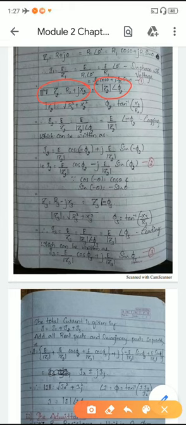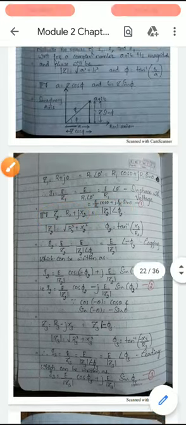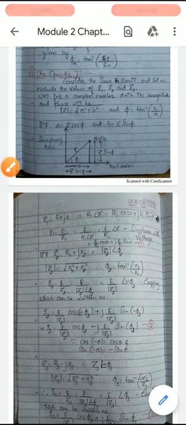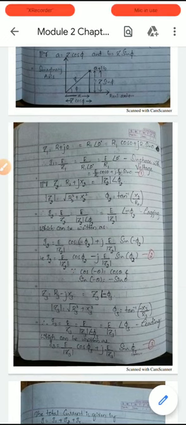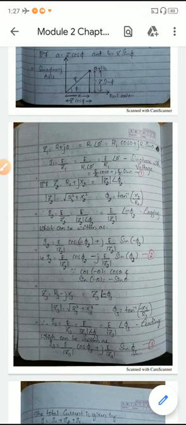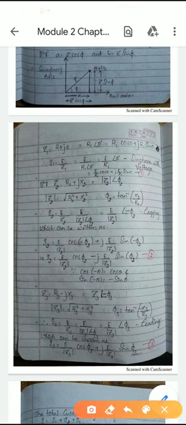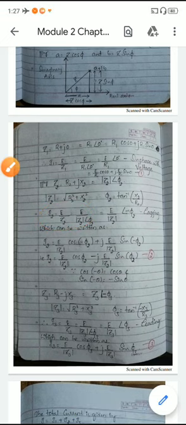We know that if it is A plus jB, then under root of A square plus B square will be the magnitude. If it is R2 plus jX2, then the magnitude will be under root of R2 square plus X2 square. Similarly, phi 2 is tan inverse of X2 divided by R2. Then I2 can be written as E by Z2, that is E divided by magnitude of Z2 angle phi 2. Or if you want to write term by term, it will be what?